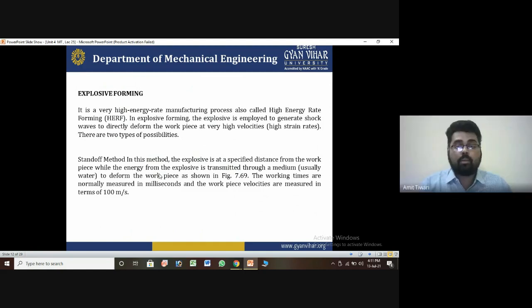It is very popular for use of the high strain rate to convert velocities, because a velocity is to be converted by the high strength, and for that the standoff method is used. We have some capacity, that is 100 meters per second, and the capacity of the velocity used for the material.